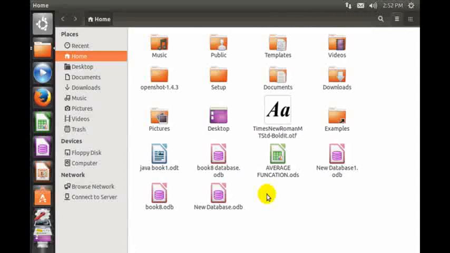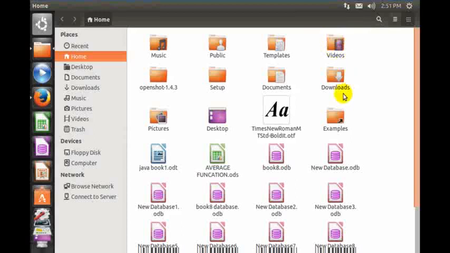Okay students, let us know more. To hide files or folders, place a dot in front of the file name. Example: ".personal". The hidden files can be seen again by clicking on the View menu, then going to Show Hidden Files, or by pressing the Ctrl plus H key combination.